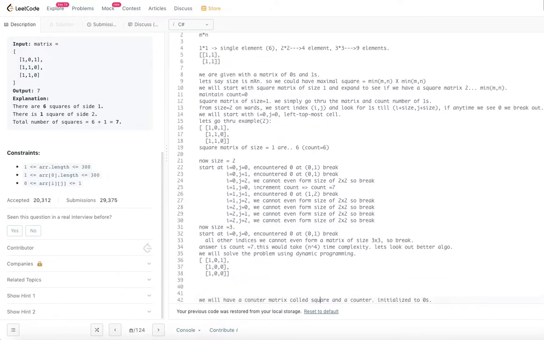So let's see how we are going to solve it. We will have an auxiliary array, which we are going to call the counts array. The counts array has the length of the input. The input is 3 by 3, so I have 3 by 3. In this counts array, to start with, I am going to copy the first row and first column as is.